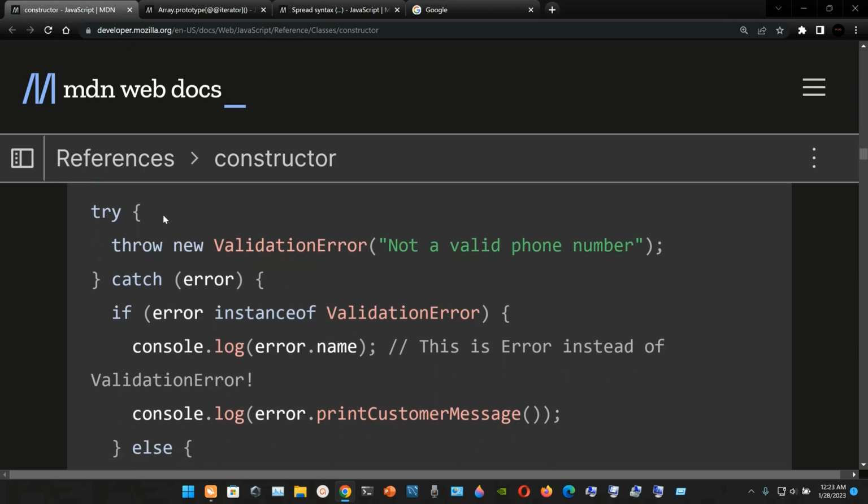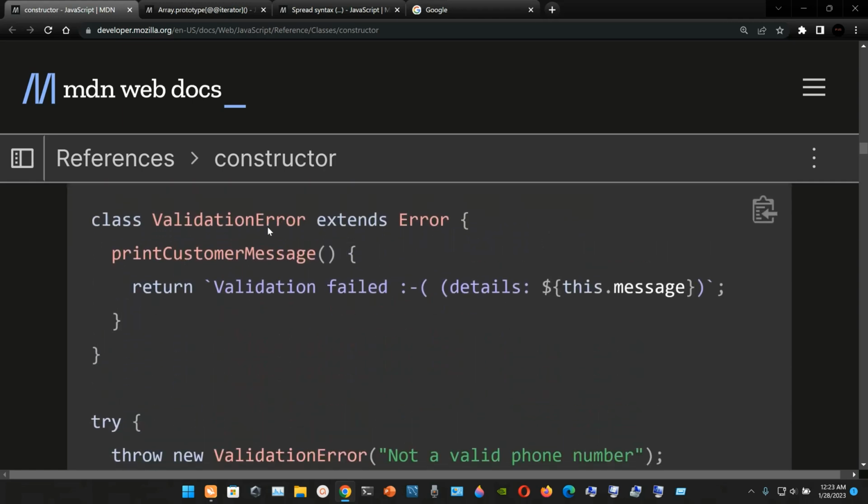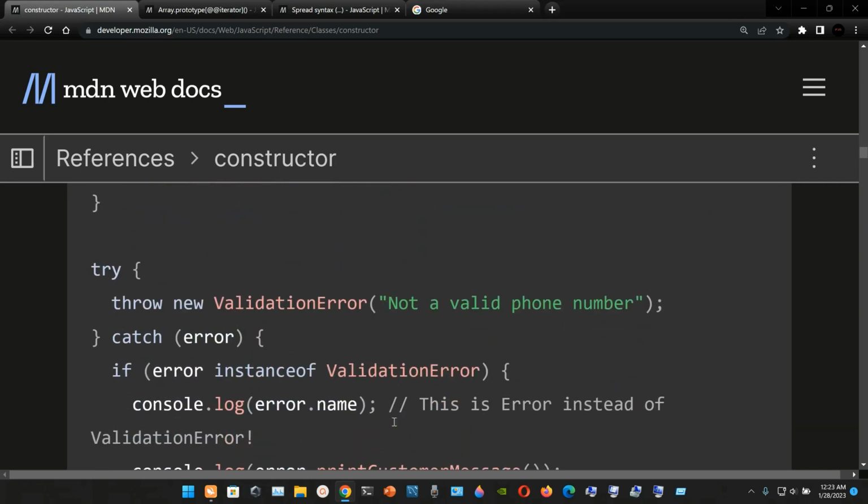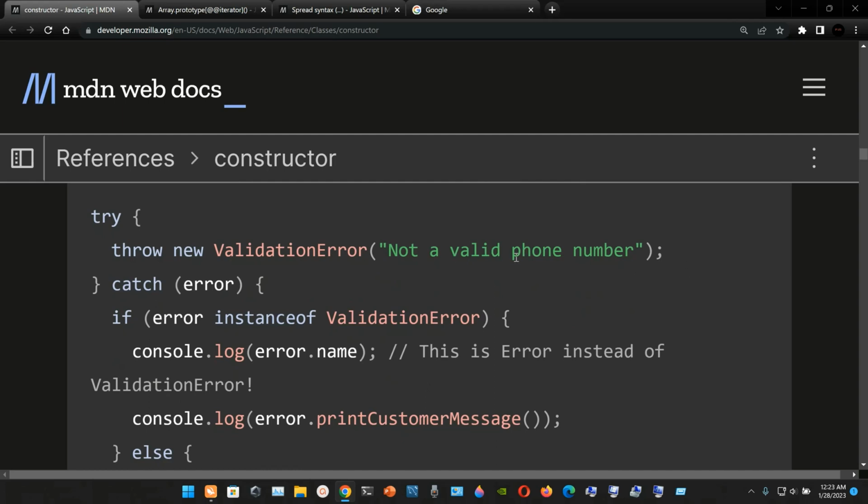So now we're gonna use a try catch, and inside of the try statement we're gonna throw new ValidationError. So here the class is named ValidationError, so we're gonna throw new ValidationError, and we're gonna pass this string, "Not a valid phone number." So we're gonna pass this string in the throw new ValidationError. Okay, so that is for the try. Now in the catch, as an argument, is gonna be the error,